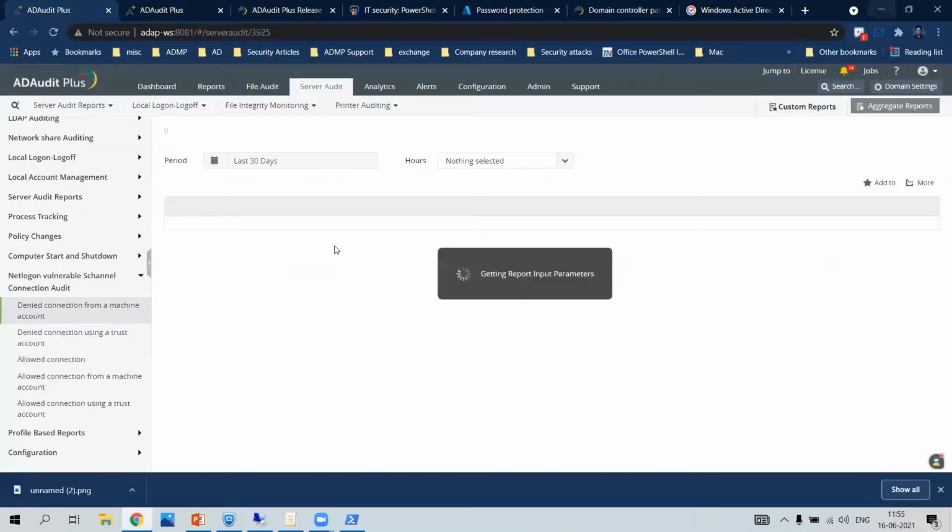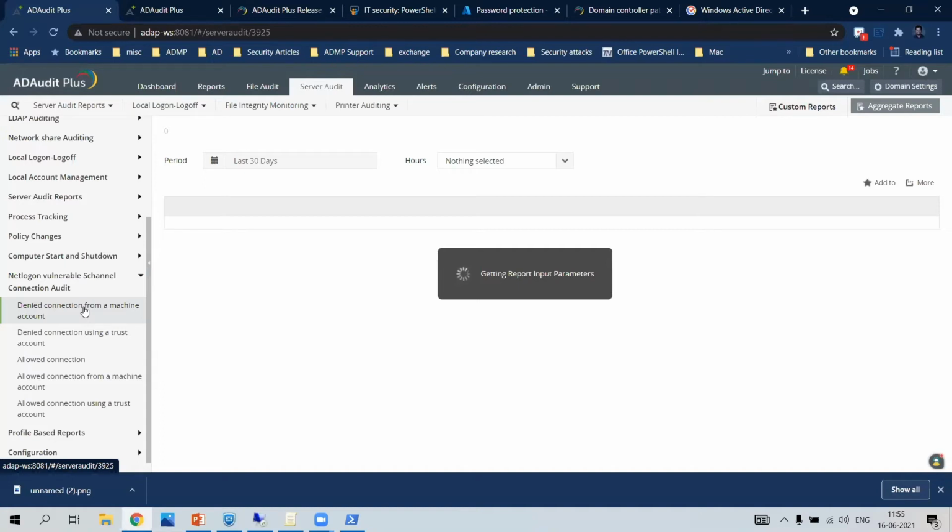But you can monitor the denied connections from the report that you see right here, right? So if any device is trying to use this vulnerable Zerologon attack or the Netlogon vulnerable channel, then you can catch that device right here and you can go and check what's wrong before it's too late, right? Patches will secure your environment, but it's also important for you to monitor anybody who's trying to leverage this flaw